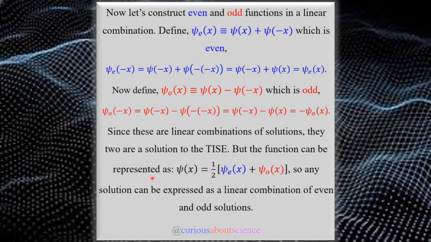But this function can be represented as psi of x is equal to 1/2 of the even part plus the odd part. Now this has been used in algebra and calculus for quite a while, so it's really something nice to see come back into play here as we get deeper into physics. So what this guarantees us is that any solution can be expressed as a linear combination of even and odd solutions. How cool is that? And yes, this will be used very quickly. Specifically, it will be used in the well potentials. And we'll see a couple examples on how that sets up and what that allows us to have as far as allowable solutions. But until then,